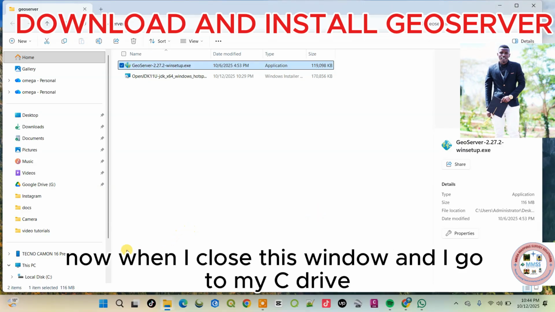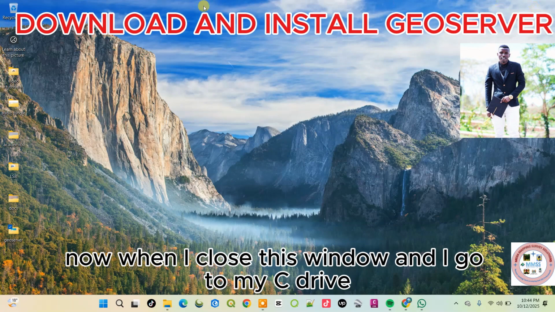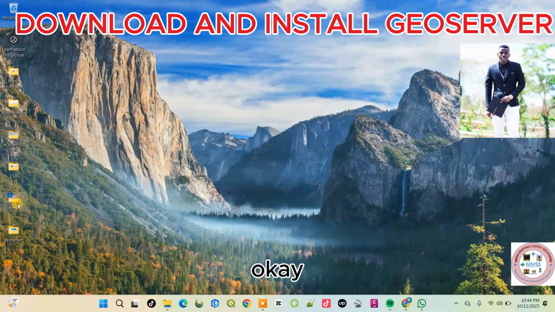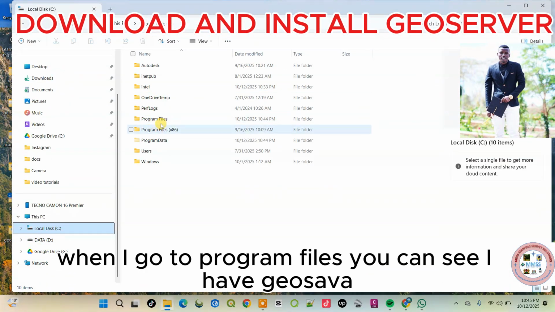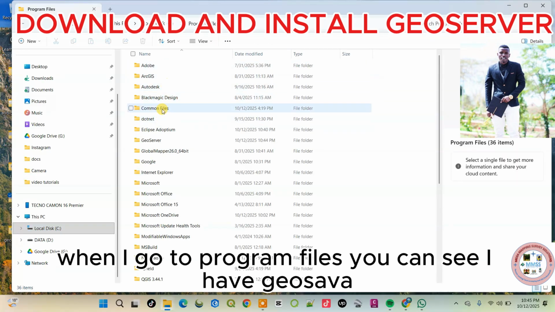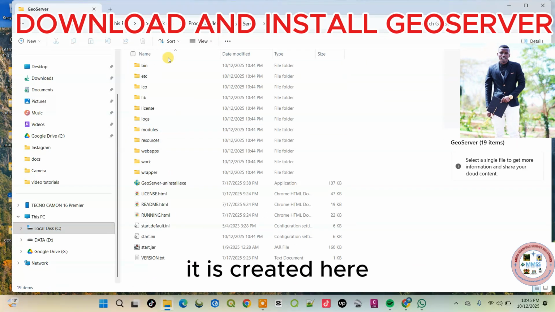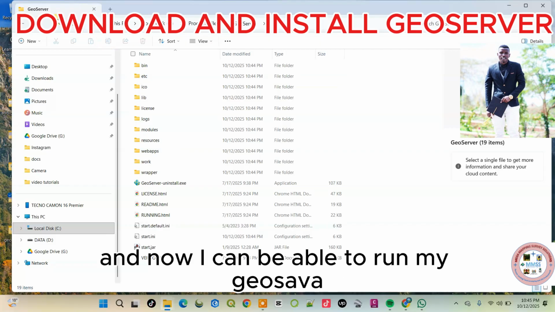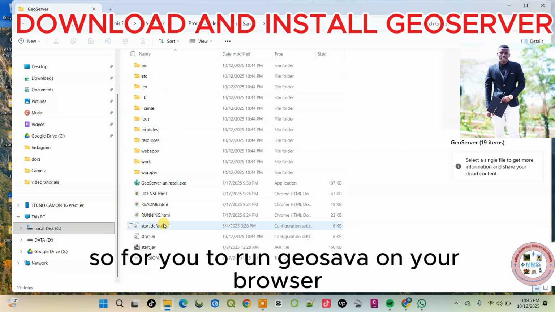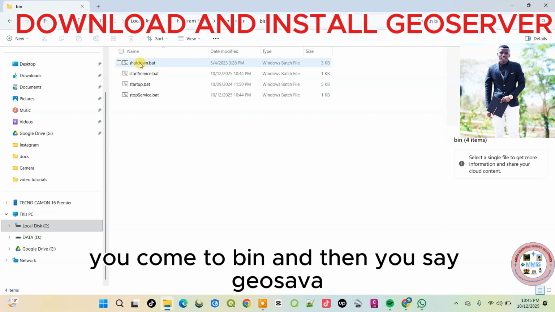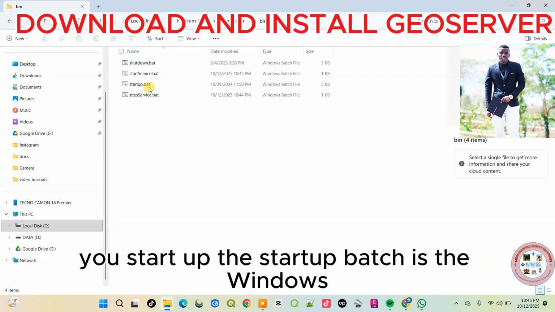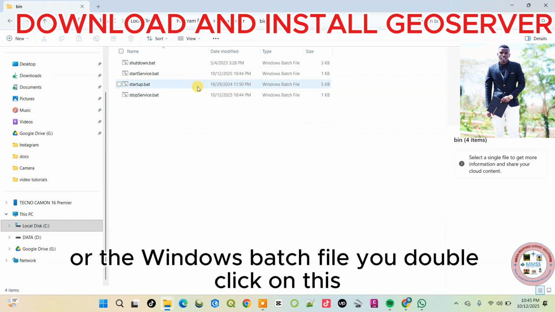Now, when I close this window and go to my C drive, this PC, local disk C, and go to program files, you can see I have GeoServer. It is created here, and now I can run my GeoServer. For you to run GeoServer on your browser, you come to bin, and then you say startup. The startup batch is the Windows batch file. You double click on this,